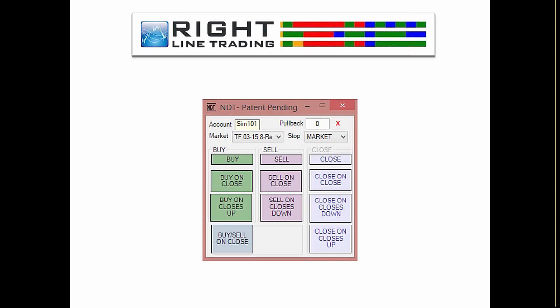It's the same thing for stocks. If you want to buy an up close or sell a down close, it's going to get you in with incredible precision on the up close or the down close. And I traded stocks for a long time. I haven't in a while,